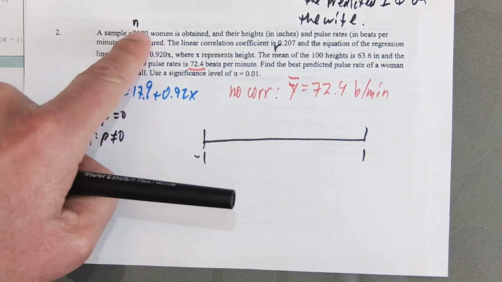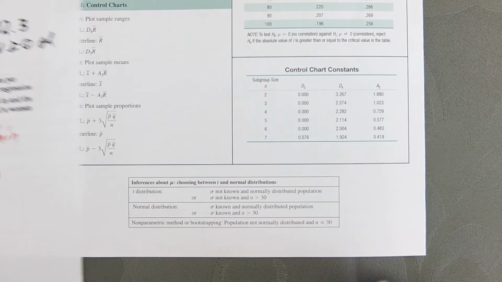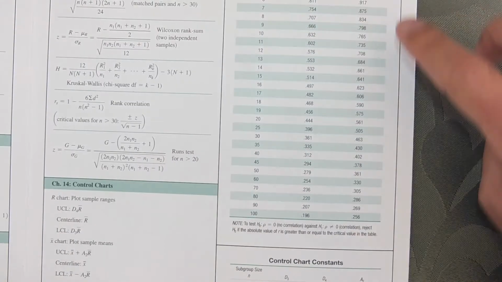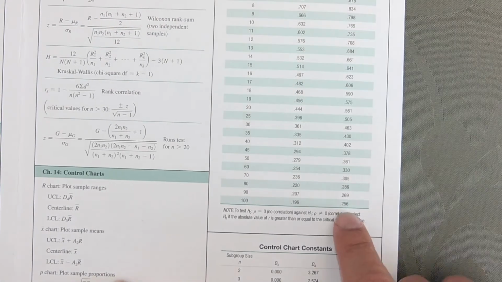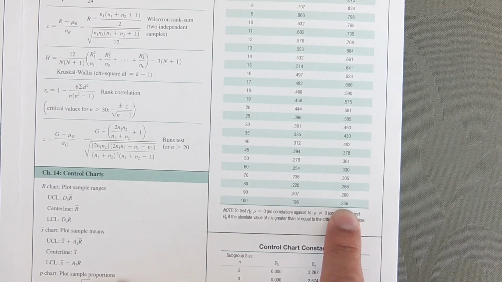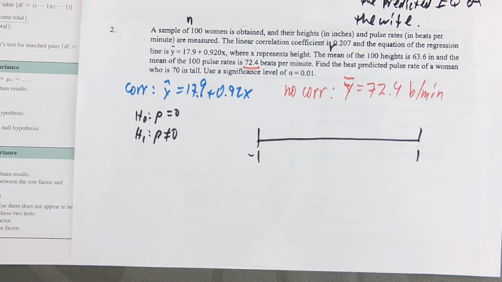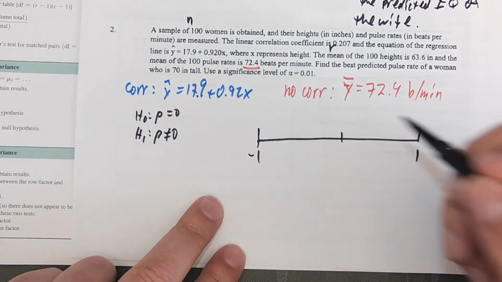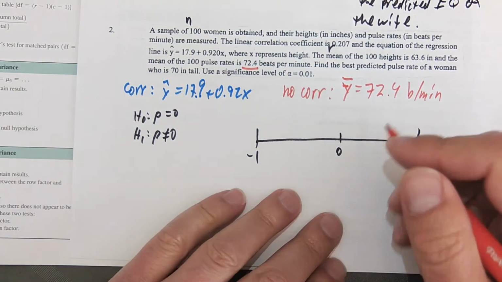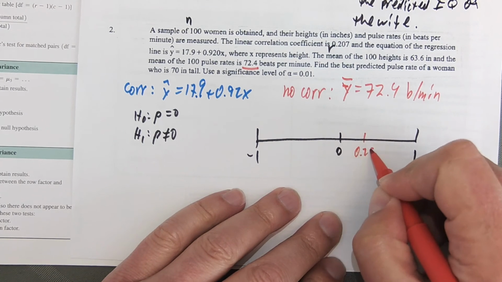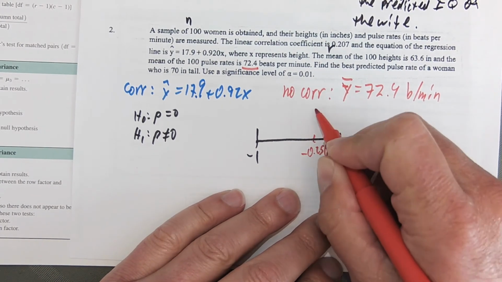So once again, n is 100, and we have a significance level of 0.01, so we're going to have to go to our table here. And here's our alpha 0.01 way up here. And 100, we're maxed out here, so that's 0.256. So here, 0.256, negative 0.256, and here is,